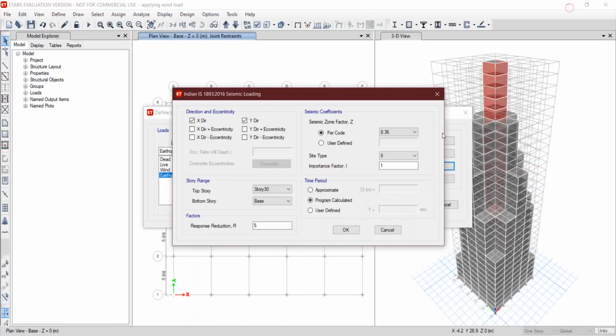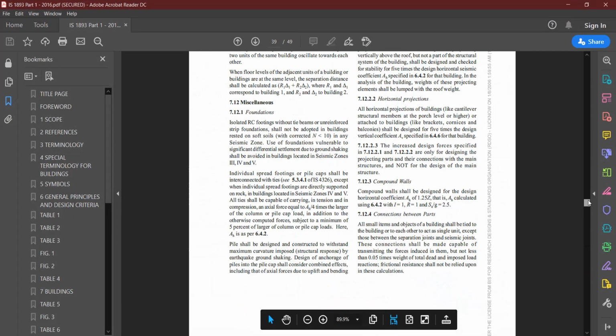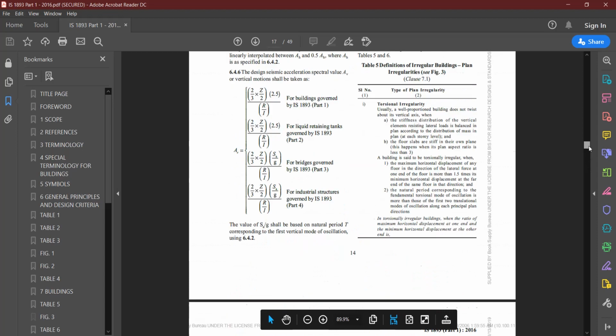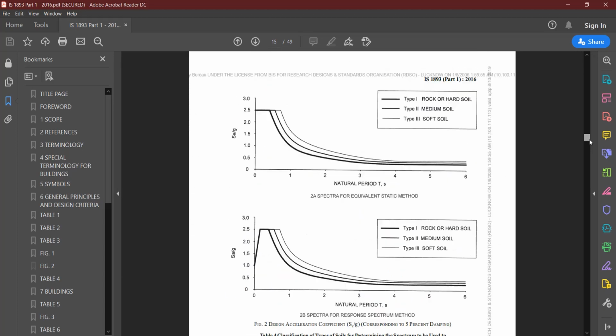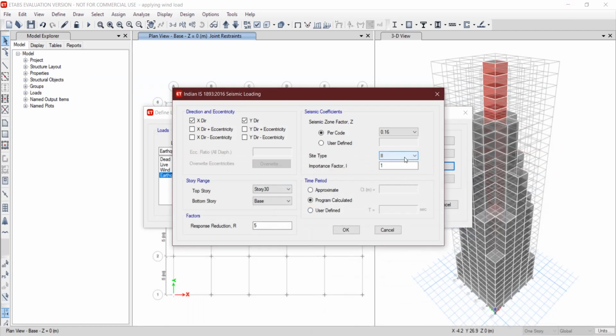I will keep it as 0.16. Then site type, Mumbai is resting on a basalt rock, that is hard rock, that is type 1. I will select site type as 1.